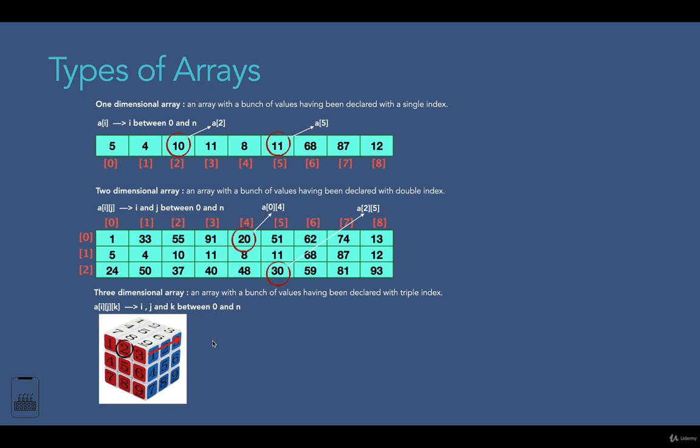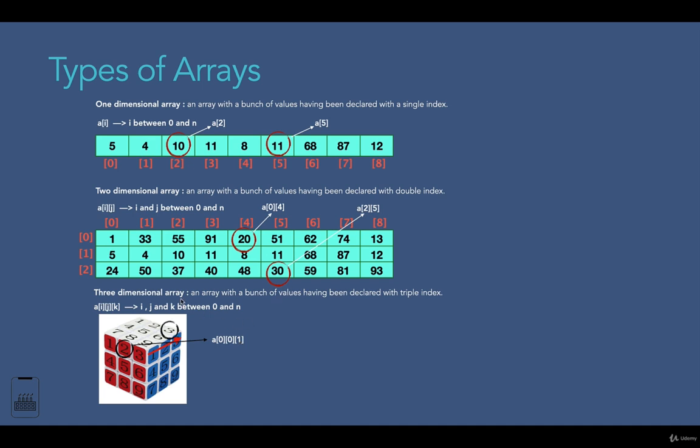Let's say if we want to access this element over here, which is 2 in the red face. The first index we need to find out is depth index. As you see, the index of depth is 0. Then the next thing that we are going to do, we need to find out row index. As you see, it's located at the first row, which means that the index of row is 0. Then we will find out the column index. The column index is this one. So as you see, it's located in the second column, which is the index of 1. So to access this element, we will write depth index, which is 0, then row index, which is 0 also, then column index, which is 1.